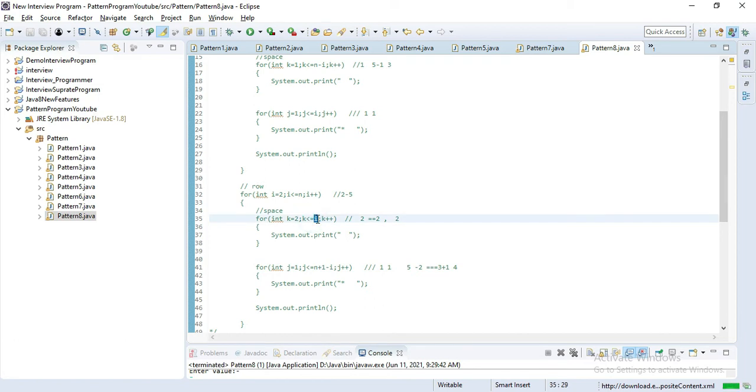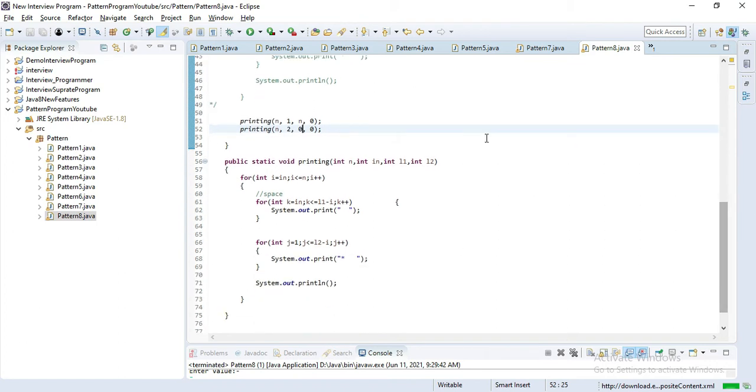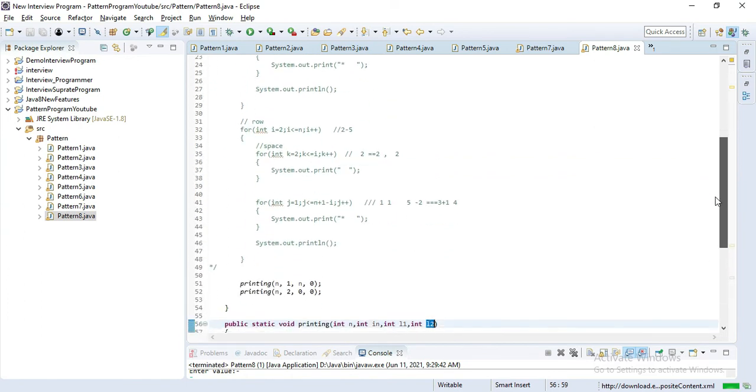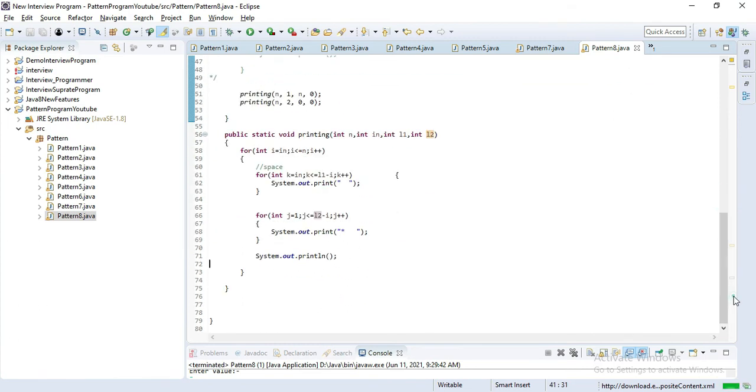Here we didn't pass n value, that means n value is default 0. Here we have to pass 0. And for l2, let's check l2. Here we use n plus 1. Let's pass that n plus 1 here.